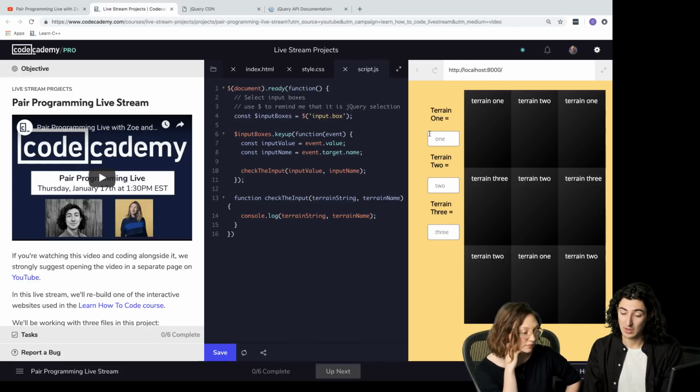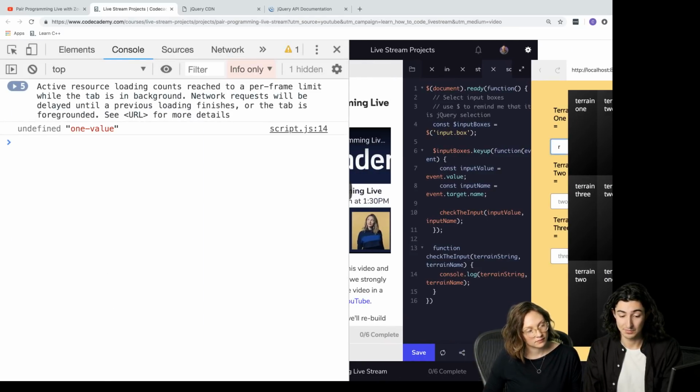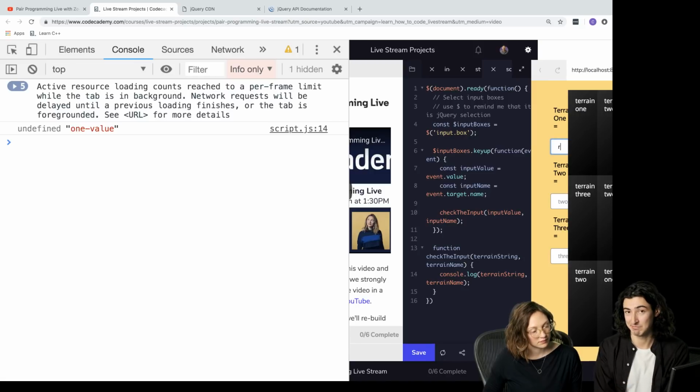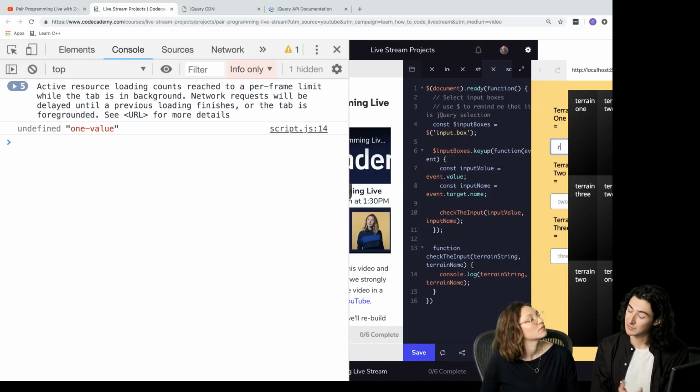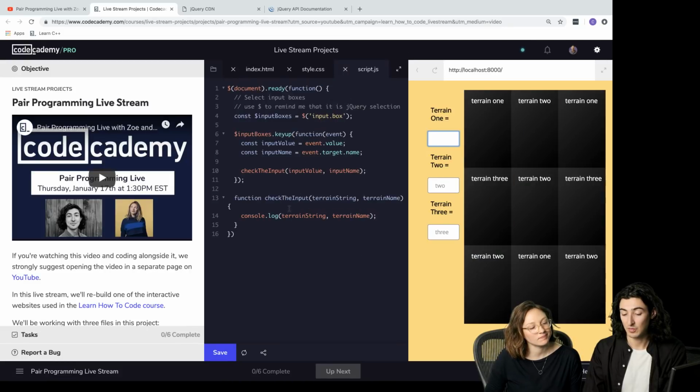Okay, so I save this. Let's try one more time. Go over here, R. Yay, one value, which is the name. Awesome. As expected, but undefined, still weird. And I could go through and show you where all of this is, but I just happen to know that it's